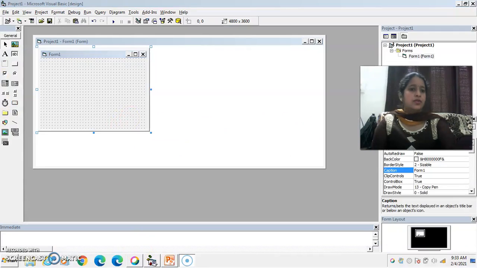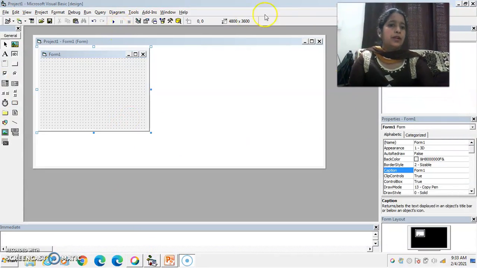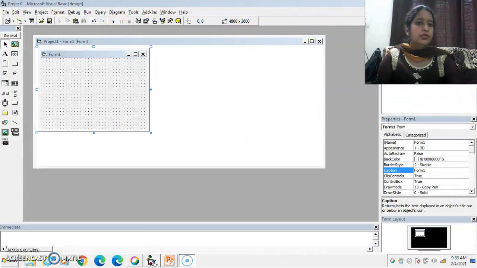This is the Visual Basic Integrated Development Environment, as all of you know. Now here I am taking an example of a procedure to calculate the simple interest. It is a very simple program. First of all, I will write the program without optional argument and after that with optional argument, so that you can differentiate between optional arguments very well.